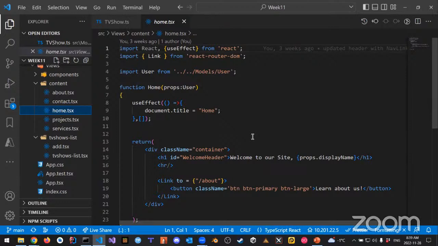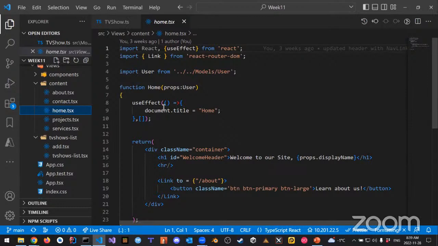Except the older version of Node used require as a keyword. It used something called the CommonJS module pattern, or CJS. That's what it was called. We're using the ECMAScript module pattern, okay? That's what we're using. So the ECMAScript module pattern is now the most modern way we're doing it, and that's what we're going to